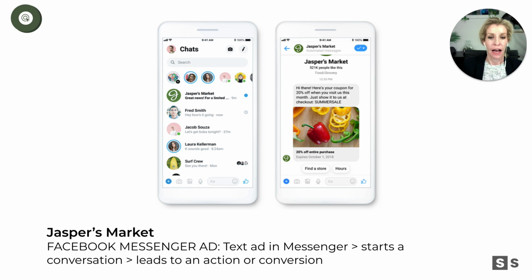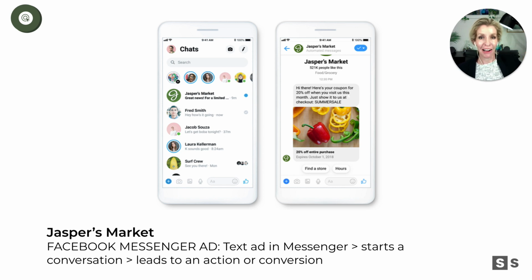In this case, they served up a coupon and then find a store, hours, and additional buttons that the person could click on. From here, we could retarget them if they followed up with that coupon, if they need more. There are so many opportunities to tell them about an event next week. We've captured this information. They engaged with our ad. We'll look at that in audiences, which becomes an audience type. A custom audience, or a hot audience as we call it, that is in the category of engaged with ad or bookmarked ad or commented on ad.